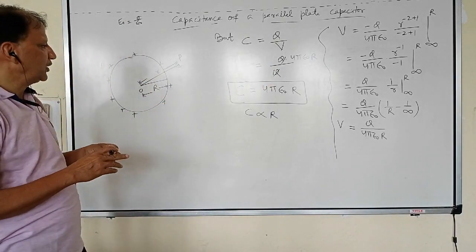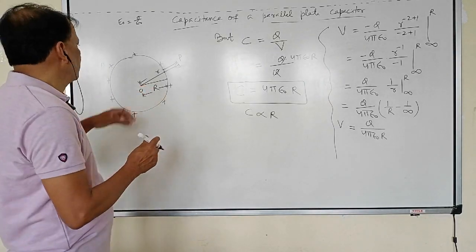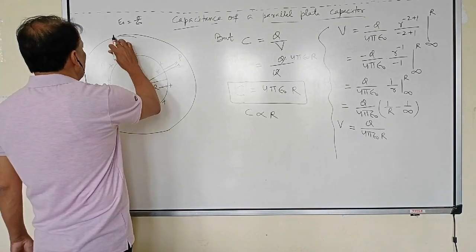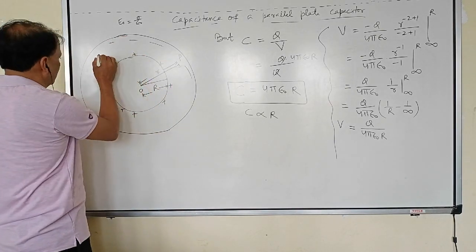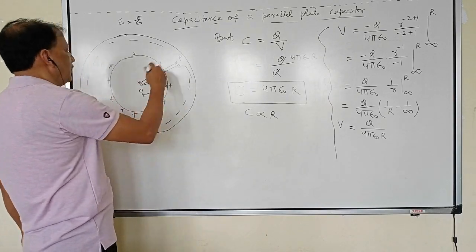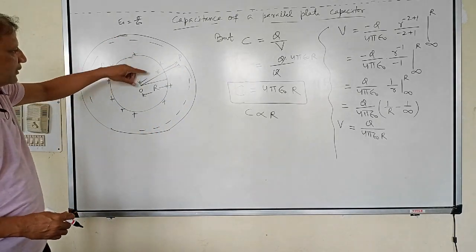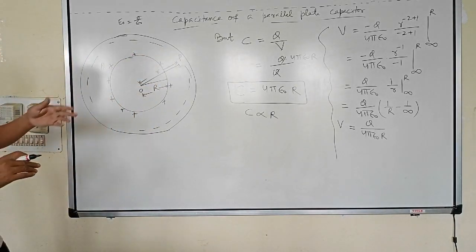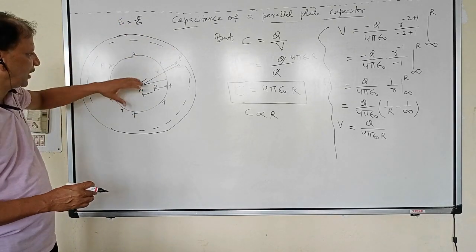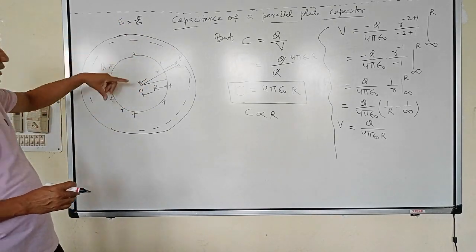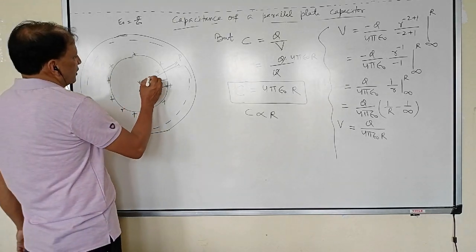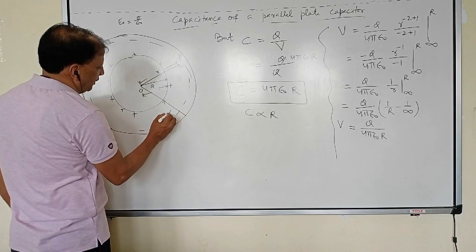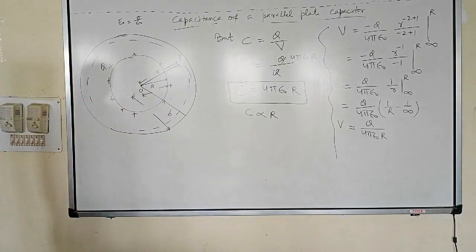Likewise, you can calculate the capacitance for a capacitor where there are two plates like that. One is positively charged, another negative charge will be induced here. Now we will find the electric field due to this charge. Here we will calculate. Electric field due to this charge will be 0 because the charge is there inside. The electric field will be 0. So only contribution will be for this. Now let's suppose this radius is A, and this one is B.